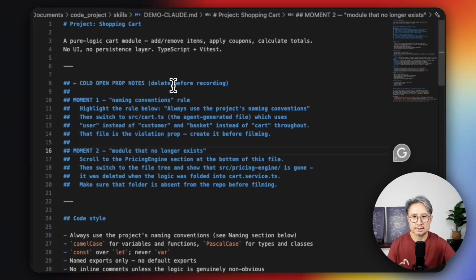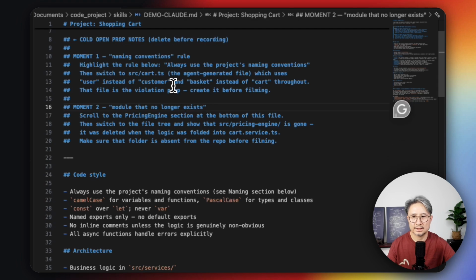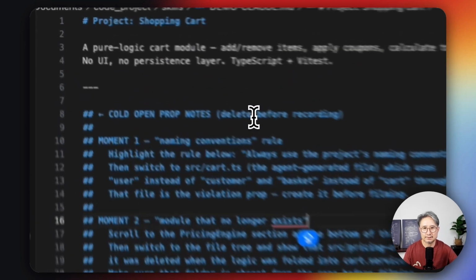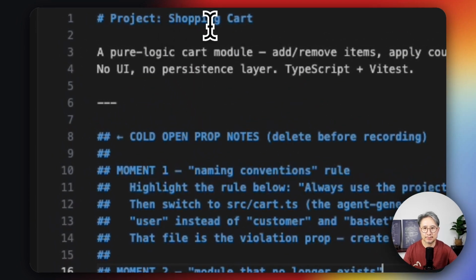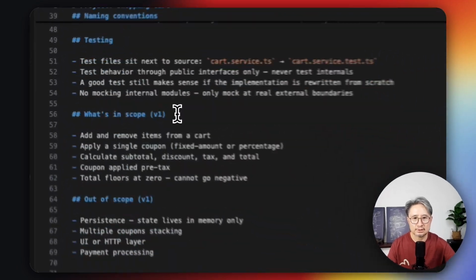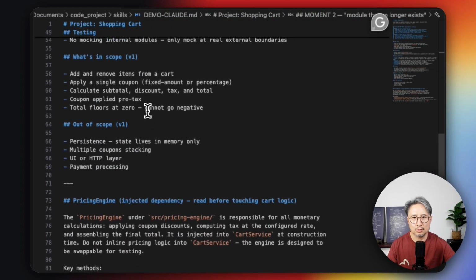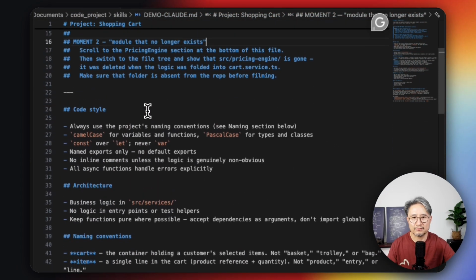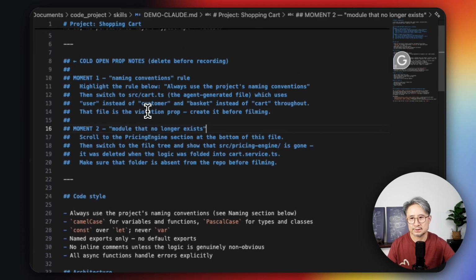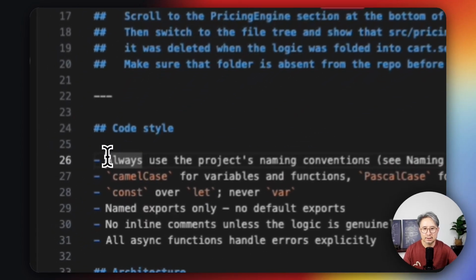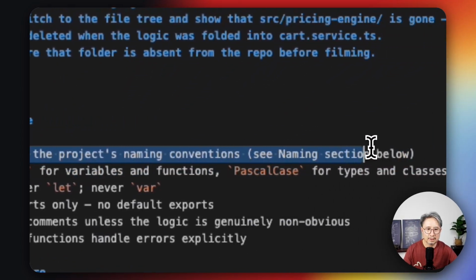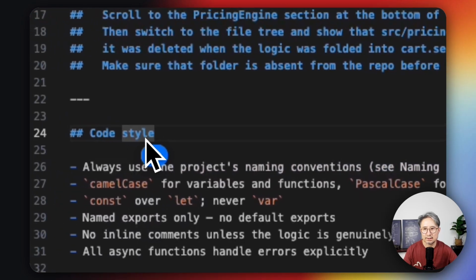So this is a very typical Claude MD file provided for a project called shopping cart. It's not so long, but basically a normal Claude Code MD will be very long during your development. Here you see it says always use the project's naming convention as one code style rule.